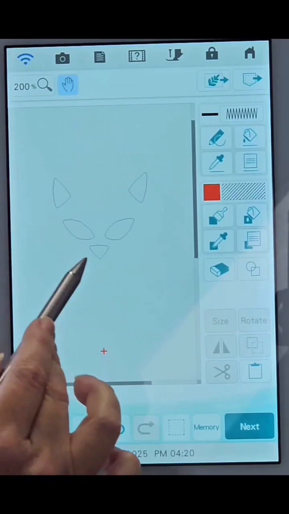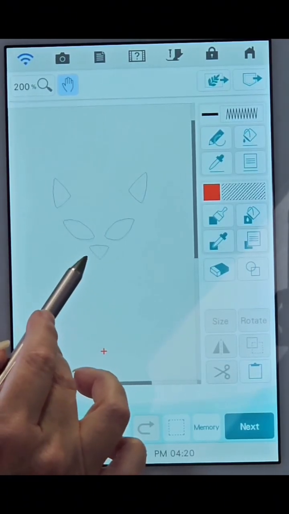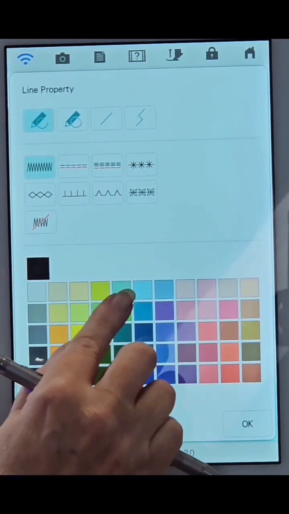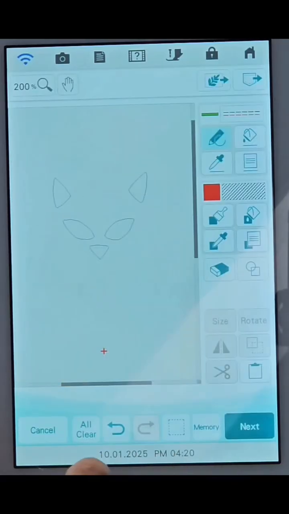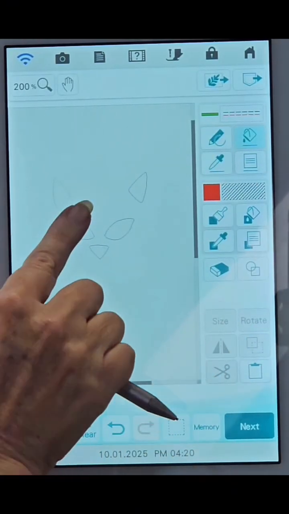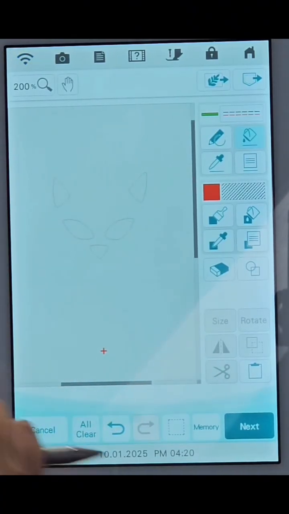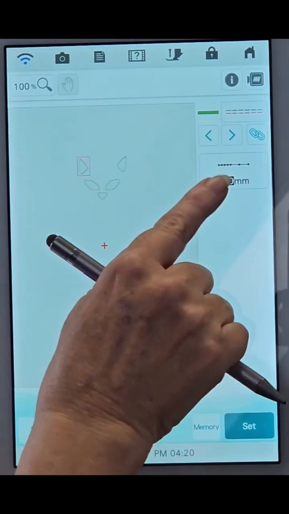Okay. Now we're going to do the same thing that we just did. We want this to be a green placement stitch. So up here, green, straight stitch, say okay, bucket, touch, touch, touch, touch, touch. Perfect. Next, we're leaving that